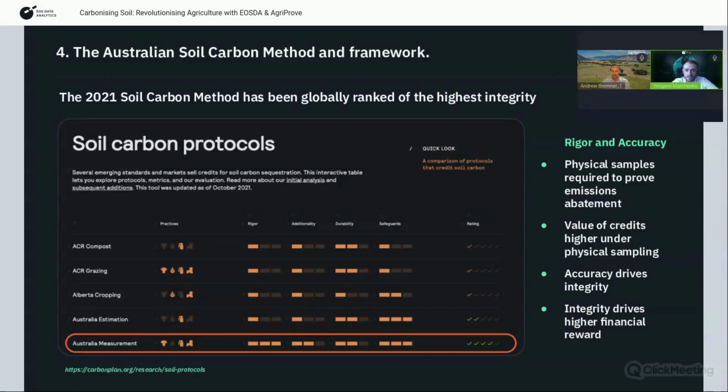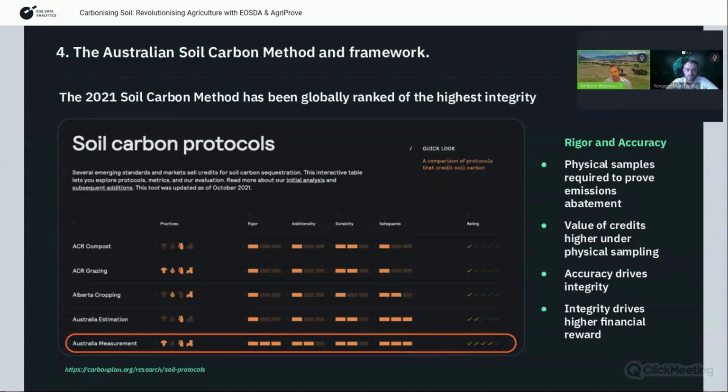Yeah, good question, Evgeny. And yes, you are correct that it's a compliance market under the Australian government. We're most familiar with the Australian soil carbon method, but there are many other methods and frameworks around the globe. Since the Paris Agreement in 2015, quite a number of carbon markets have evolved, both at a national and subnational level. And most of these are voluntary-based markets.